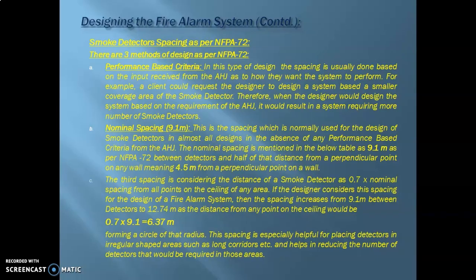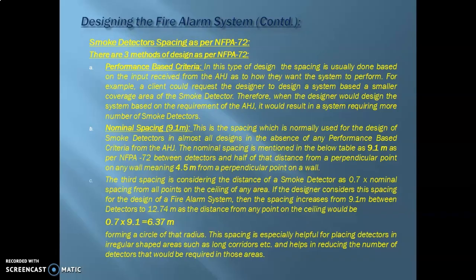The interesting point here is that if you consider the coverage of a smoke detector as a circle, then 4.5 meters is basically the radius of that circle, and 9.1 meters is the complete diameter. The same thing applies here. If you consider 6.37 from any point on the ceiling, that will form a circle with a radius of 6.37 meters.